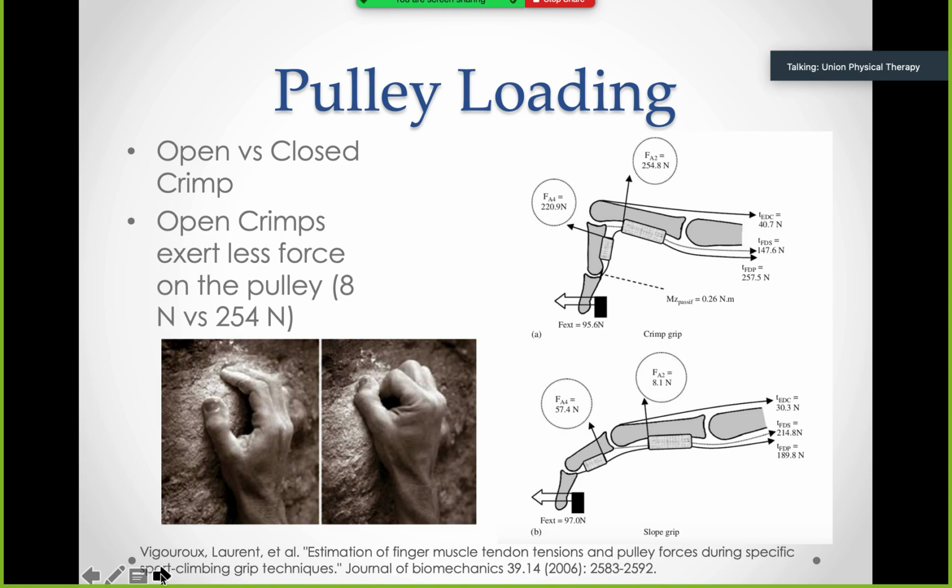When we're talking about load on the pulleys, and we talk about open and closed crimp positions, Dr. Warme does a really nice job of demonstrating what these pulleys can handle. Well, what are we giving these pulleys in terms of load in these different positions? This study looked at open crimp position, or open hand position, versus a closed crimp position. And in this open position, you can see that in this area here, we have about 8 newtons of force